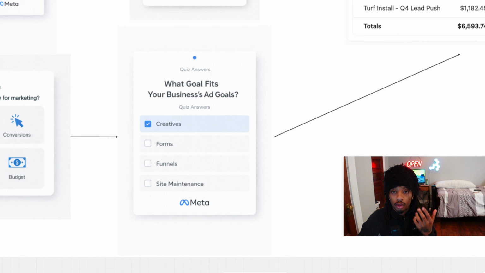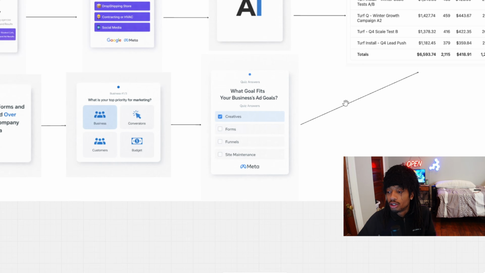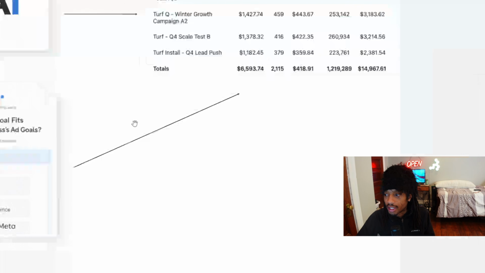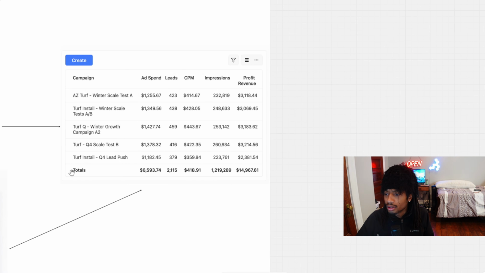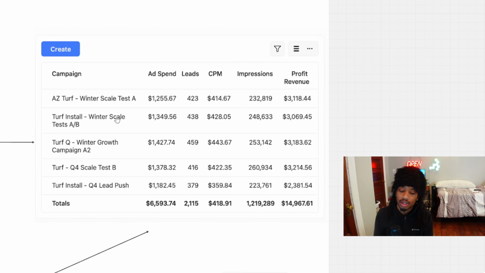Again, we'll just run a form or a funnel that'll kind of get your customers to say, this is what I need, and this is my business's goals. What goal fits your business's ad goals? Is it creatives? Is it forms, funnels, site maintenance, any of that? And this will obviously create you a system that'll get you ad results that'll look similar to this. So these were the results that we had after doing an ad campaign for about 5 months